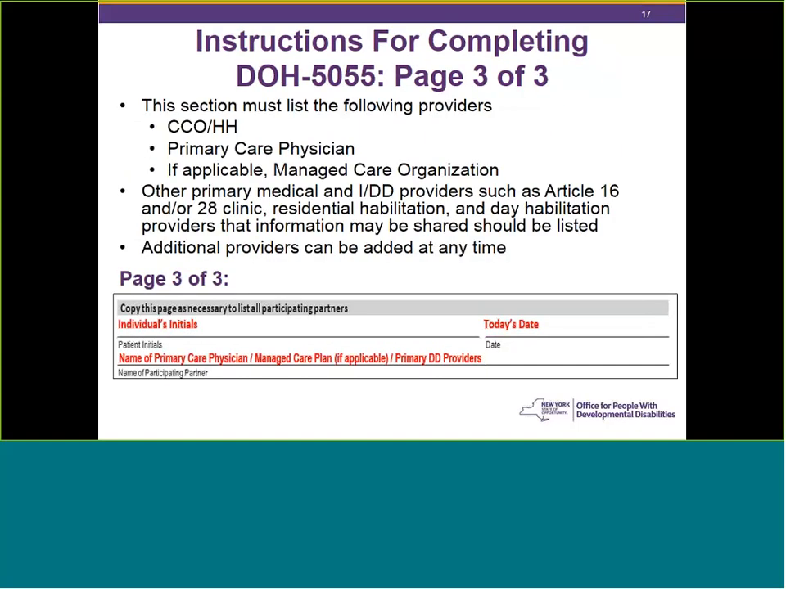And lastly, we'll move to page 3 of the 5055. This section must list the following providers. So this is a listing of the providers for which an individual gives permission for information to be shared. The CCO name must be identified here, the primary care physician of the individual, and if applicable, the managed care organization. So that's only affecting a small portion of the individuals who we serve. But if they are enrolled in a mainstream managed care plan, the name of the managed care plan should be